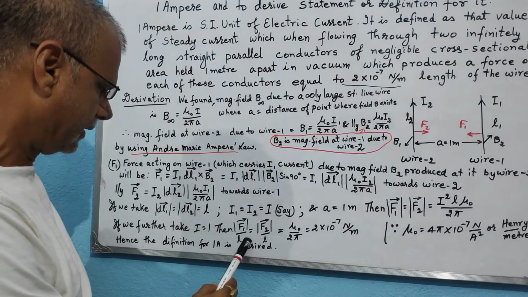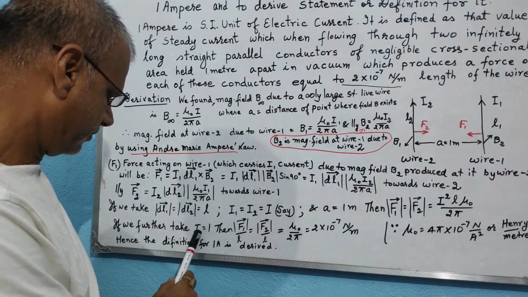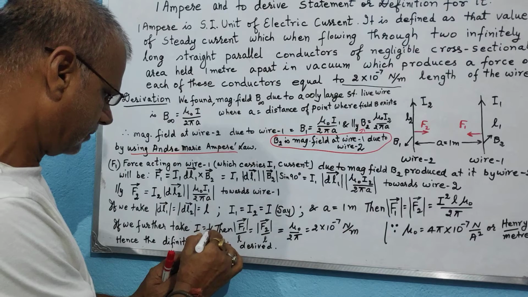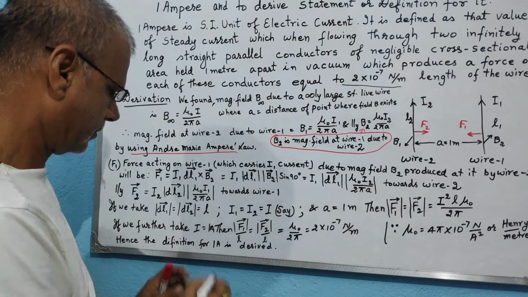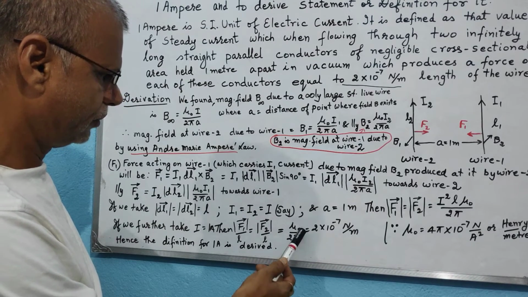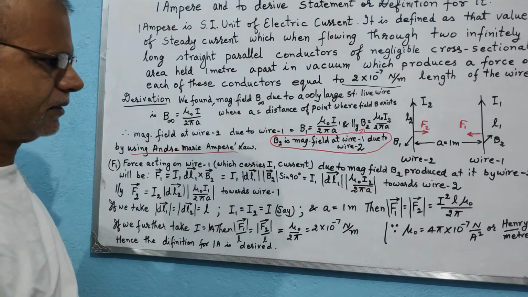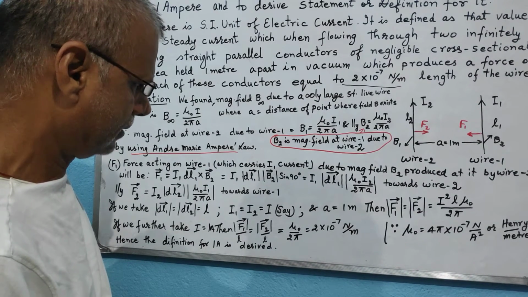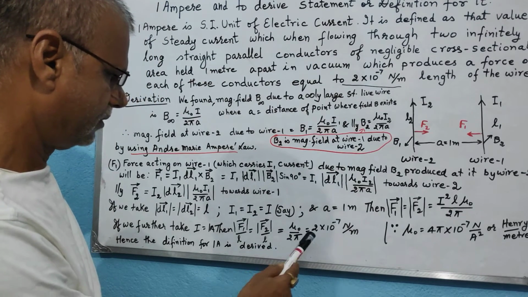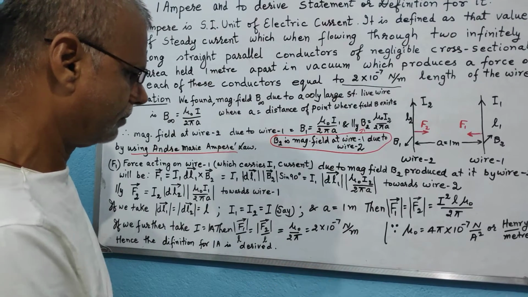So the force per unit length acting on either wire, when 1 ampere current flows through each wire, will be equal to mu 0 by 2 pi, and mu 0 we know is 4 pi into 10 power minus 7 Newton per ampere square, or Henry per meter. Therefore on putting the value of mu 0 and solving it, we get 2 into 10 power minus 7 Newton